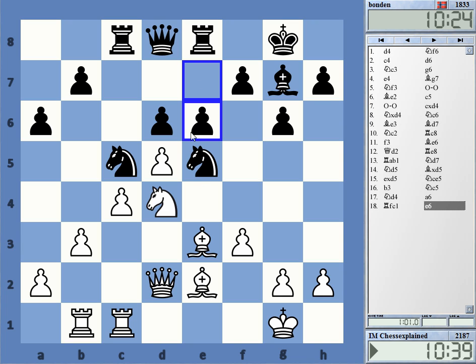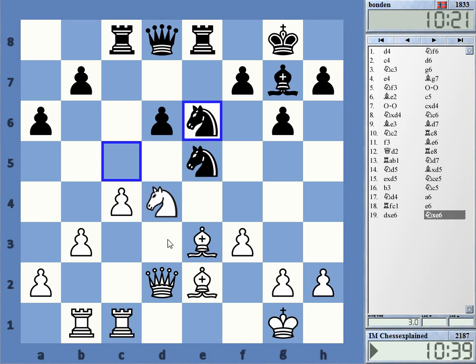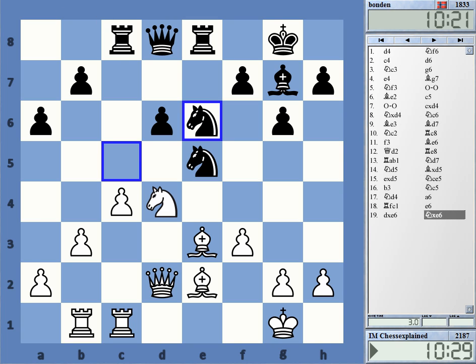Amazing. I mean, okay, what I mentioned already in the live commentary, I can take knight takes, rook takes, and this is still definitely a bit better for white. Still two bishops, d5 is weak, d6 is weak. Yeah, it's a bit better for white, but